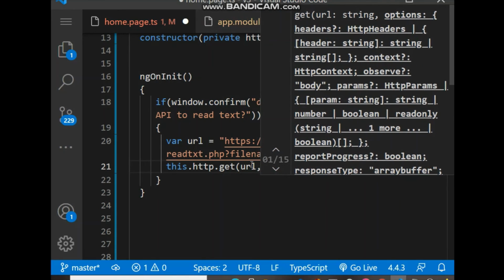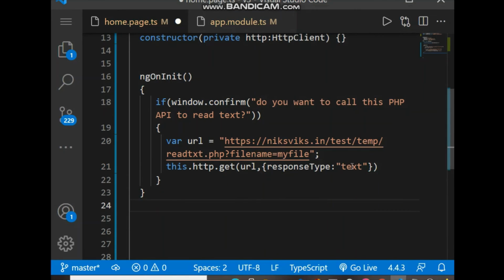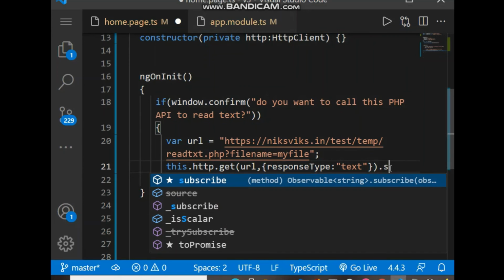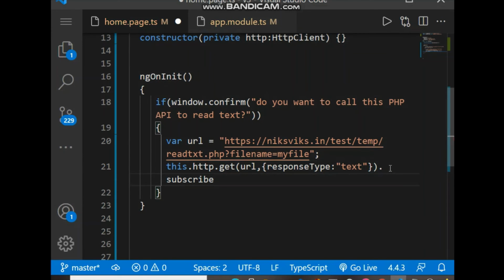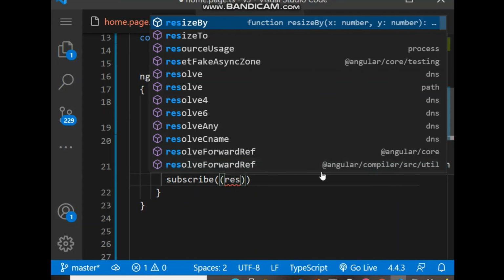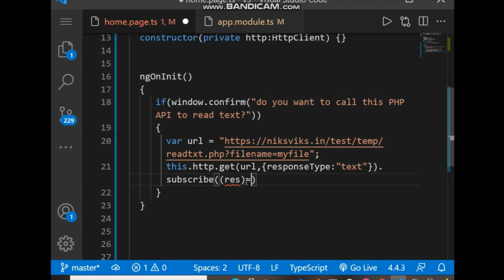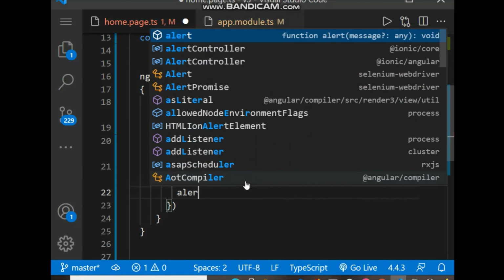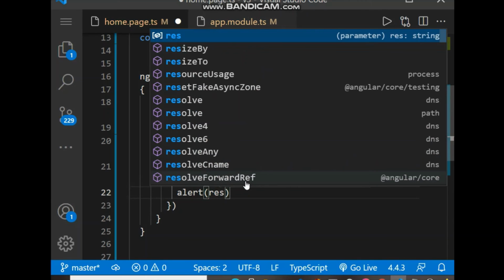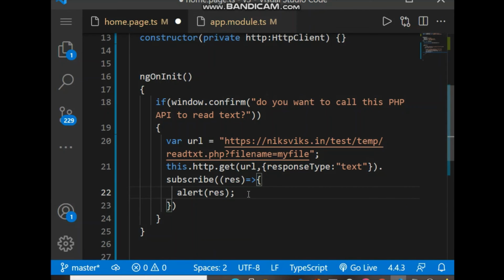The response type is text. Then subscribe, and in subscribe there is a response. If we get a response, we'll put an alert, and the final result is in the alert. So when the page loads, it will ask for permission. If the user clicks OK, then this response will be called in the alert function.